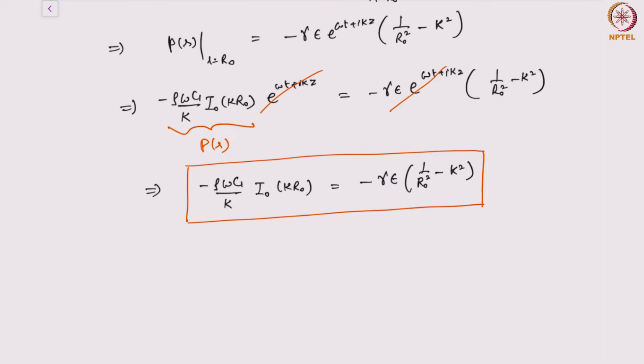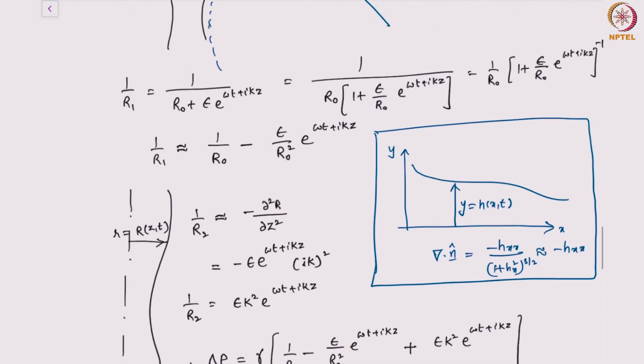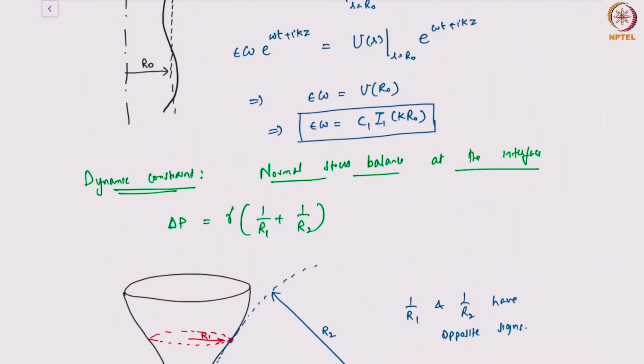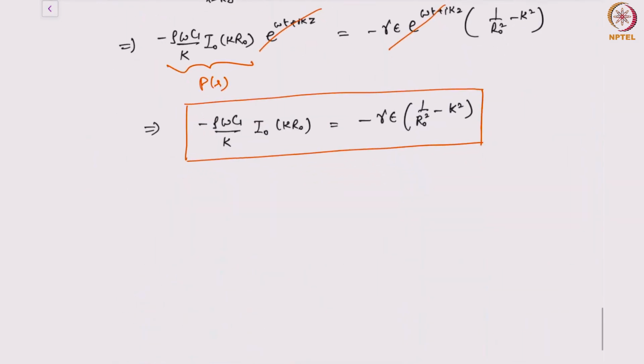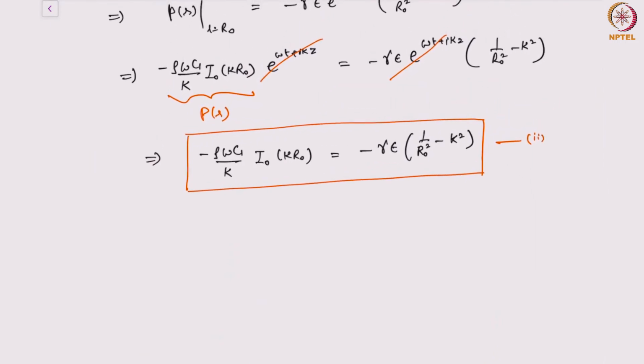Right? So we have already determined one important relation, which is this kinematic condition. We'll call this kinematic condition equation 1. And what does this kinematic condition tell us? It tells us the relationship between epsilon, omega and C1. So I can calculate C1 in terms of omega, and I can substitute this into equation 2. Okay. So I now have, using C1 from 1 into 2,